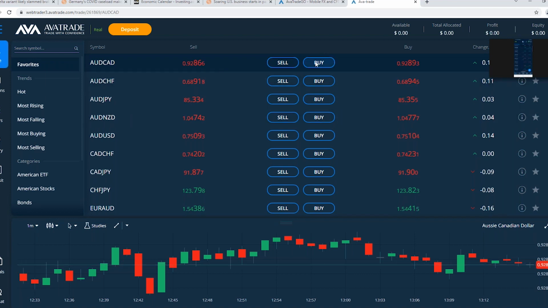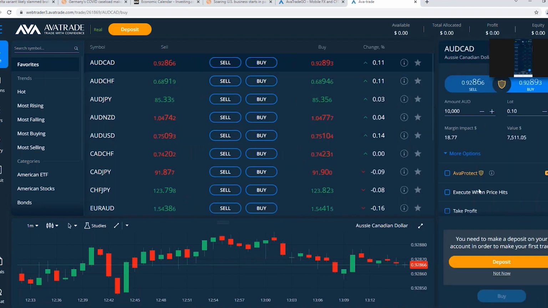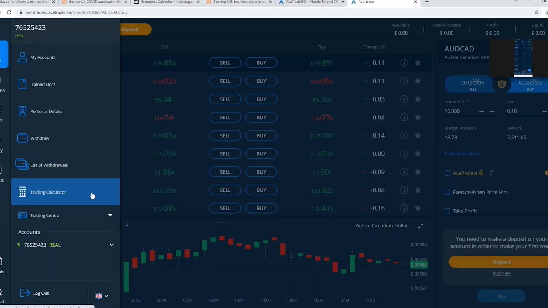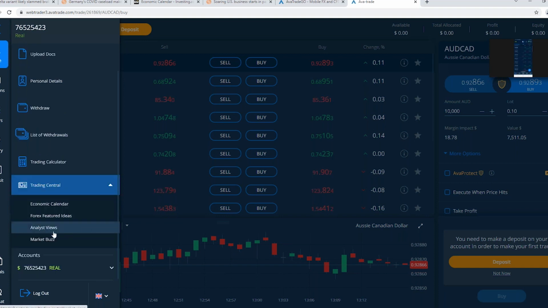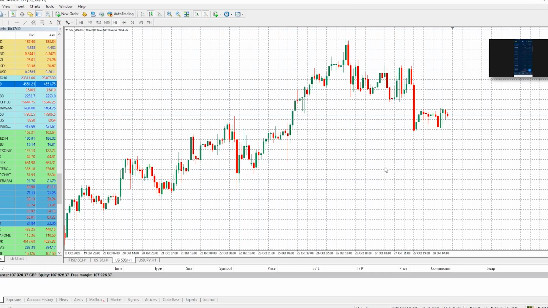So, if I'm buying on Australian Canadian, there's AvaProtect. Here's all the same features, everything we just went through. And it would also have the features through Trading Central, the Market Buzz, and all of the other things we looked at with the analyst views, the signals, etc. Okay, so very nice. Now, if we jump on the MT4 platform, which I know a lot of you are used to as well, it doesn't have all those special features on the MT4 and MT5,